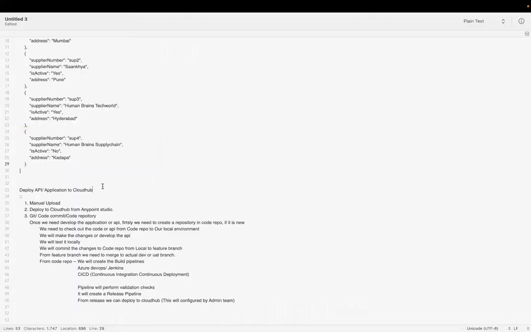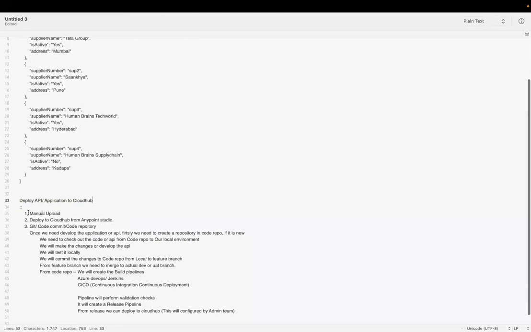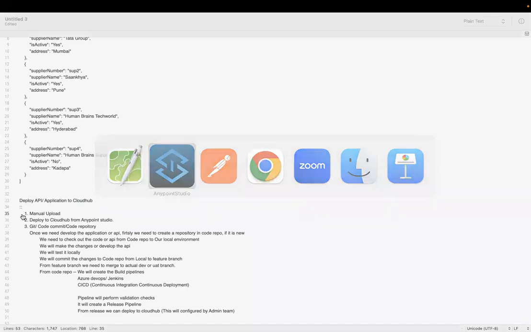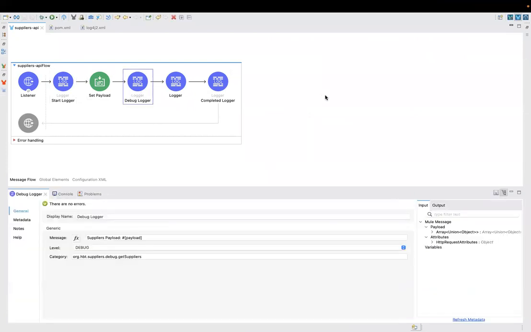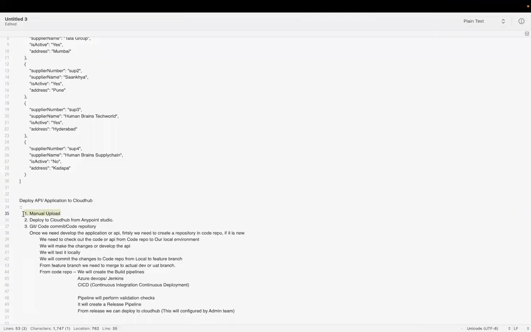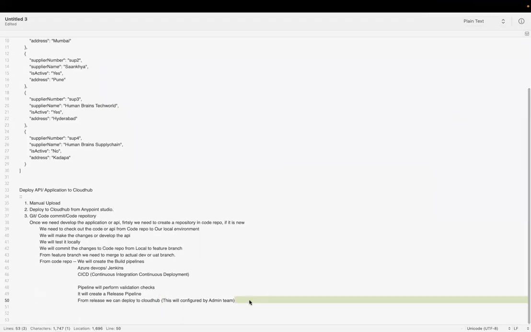So we have learned that a simple API is developed with sample data of suppliers information, and we have created a get suppliers resource. We have added a simple flow with multiple loggers, information loggers and debug loggers, with category and without category. And then we have deployed the application manually and also deployed the application using the deploy to CloudHub option from Anypoint Studio and observed the logs. So here log analysis has